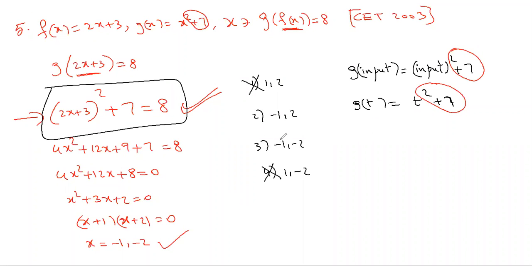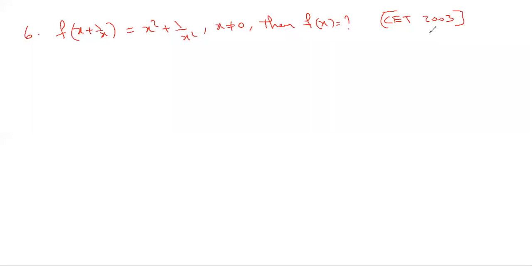Now you're only left with minus 1, 2 and minus 1, minus 2. Don't verify minus 1. That will satisfy, but you won't be able to eliminate any wrong options. So you can verify 2 or minus 2. If you verify 2, 2 times of 2 is 4. 4 plus 3 is 7. 7 square is 49. 2 doesn't satisfy. This is the wrong option. This is the correct option. So you can verify the options also after reaching that.